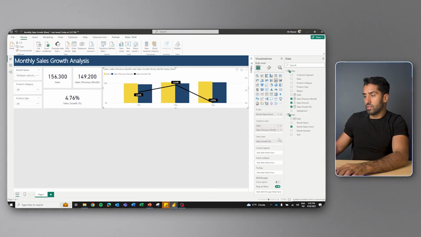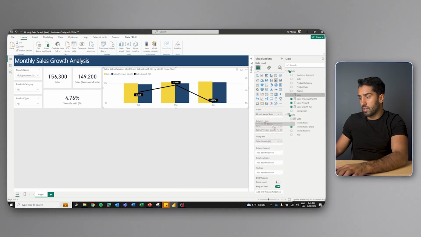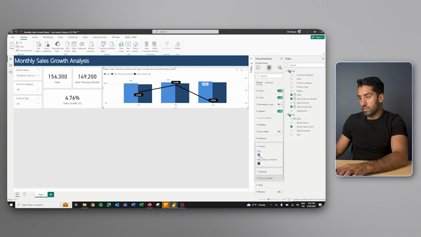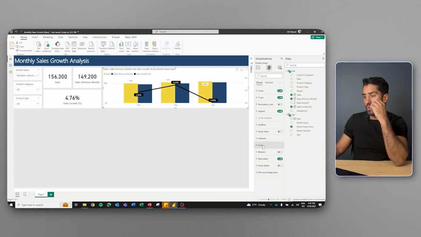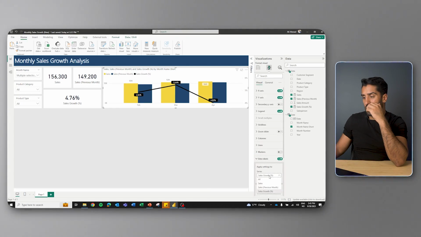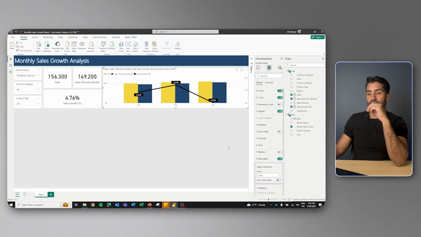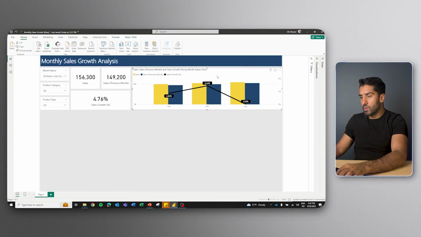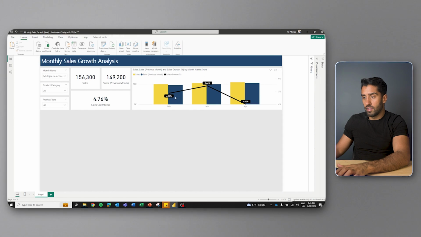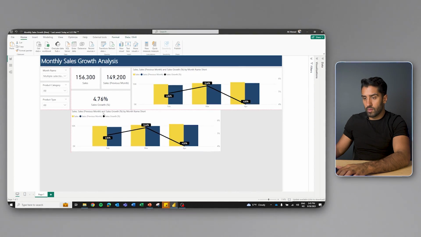No, we can keep sales growth. I actually took in the wrong measure here, I can see. I took in the column. I gotta do it one more time. Give me 1 second. Make that yellow. Data labels. Sales off. Great. There we are. Now I'm gonna take this one, Control C, Control V, put it under here,